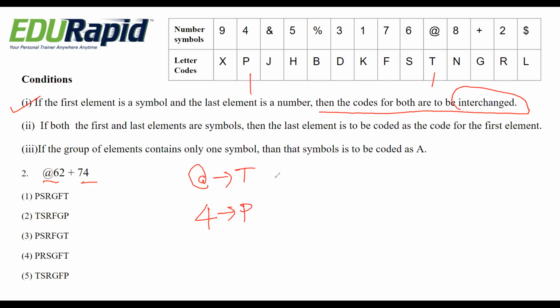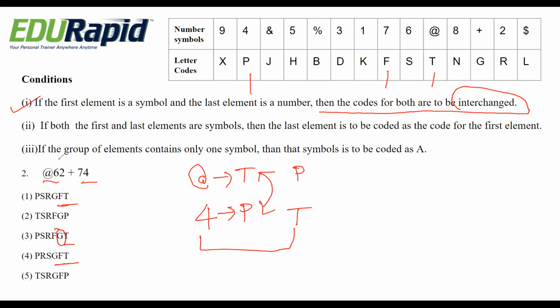But after applying the condition, they are telling us we have to interchange these positions. And for 4, it should be replaced by T. We eliminate options 2 and 5. The last term is 4, and for 4 it is coded as T. And the last but one, for 7, from the table, it is F. And in the third option, it is G. So the third one is eliminated and we have to choose from the first and fourth options.